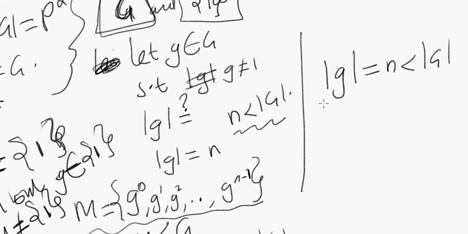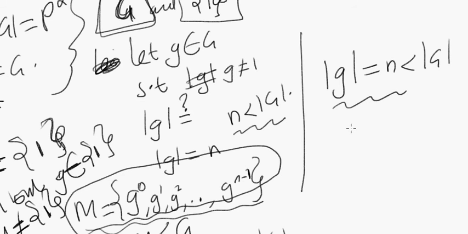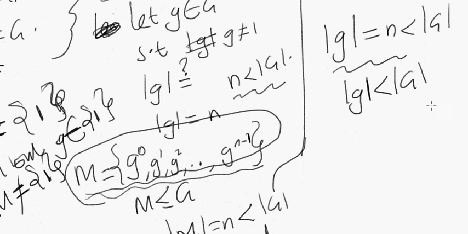And with this information, we created the cyclic subgroup. And this cyclic subgroup M is what we found cannot exist because it's neither equal to G nor the identity element. Okay, well, if it's neither equal to G nor the identity element, can this assumption make sense? Can the order of any element ever be less than the order of the entire group? Well, we're saying that that doesn't happen. Okay, so we're saying that, right, because